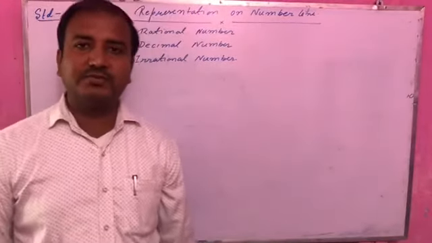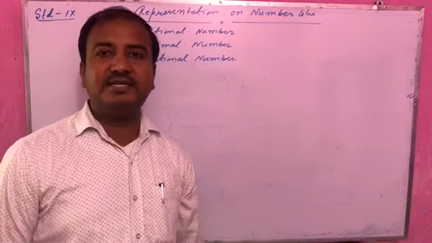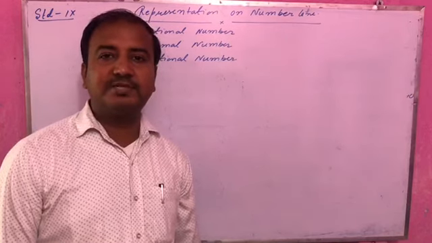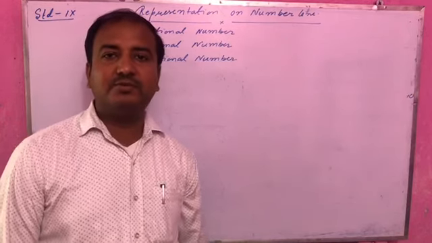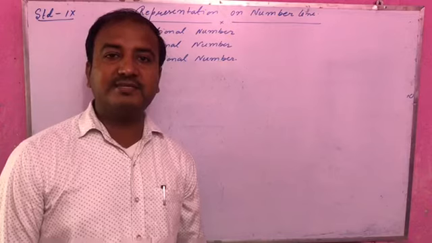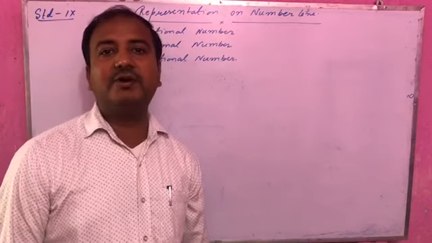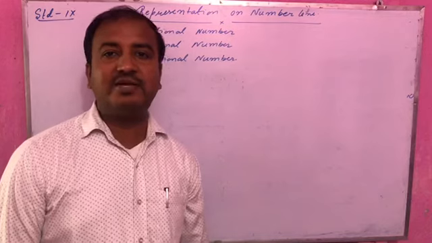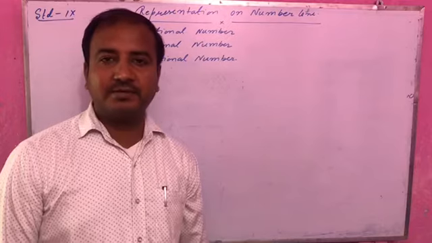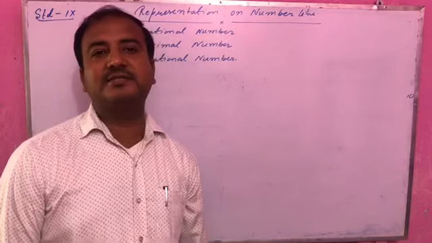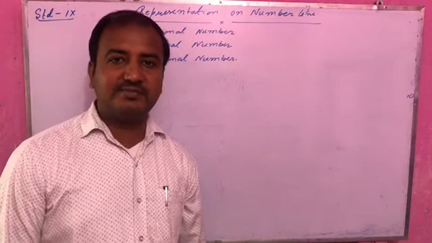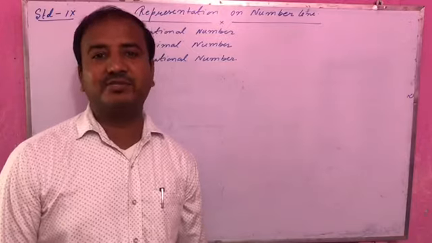Well, good morning, students. As we were discussing our first chapter, that is number system, in the chapter we had learned what is number system. Also, we had learned regarding rational numbers, how to find a rational number between two rational numbers. Also, we had discussed how many rationals lie between two given rationals, terminating decimals, non-terminating decimals, and so many points we had discussed.